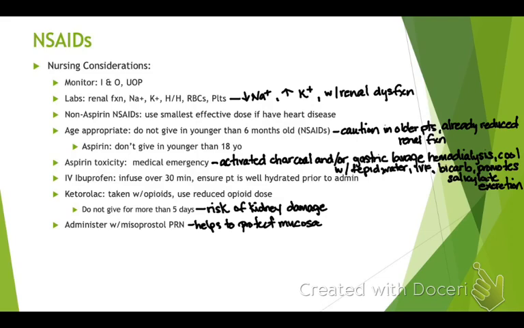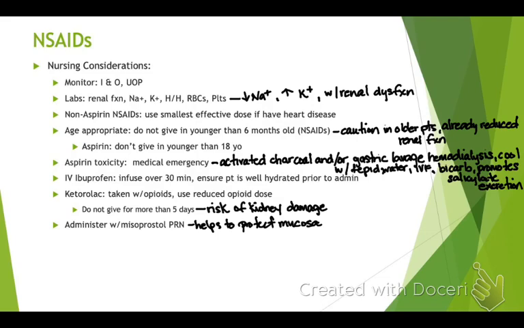You also want to have available the means to cool the patient with tepid water. You want to have IV fluids and bicarbonate. You want to be able to promote salicylate excretion. So all of those things you want to have available in an emergency if you do notice